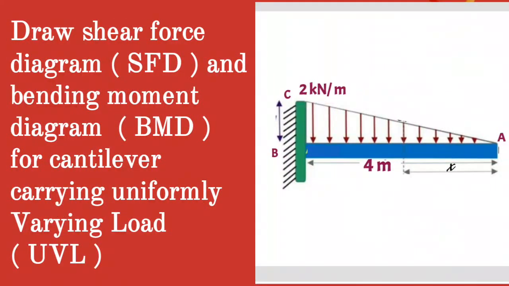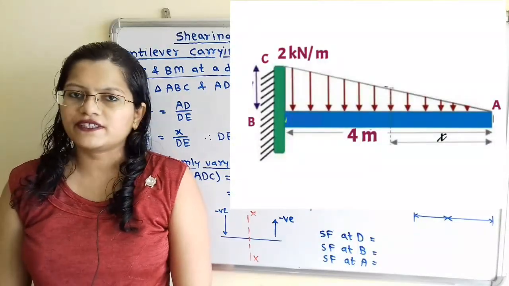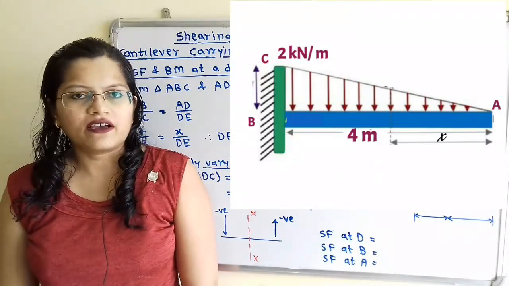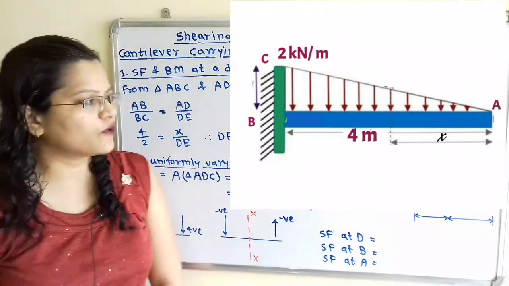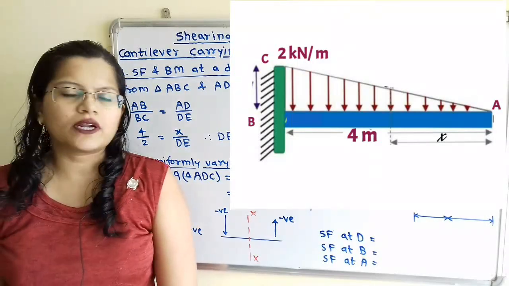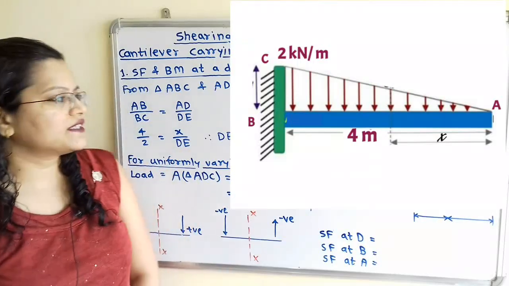Given question, draw shear force diagram and bending moment diagram for the cantilever carrying uniformly varying load. This is the question of cantilever carrying uniformly varying load, where load is equal to 0 at the free end and load is equal to 2 kN per meter at the fixed end,